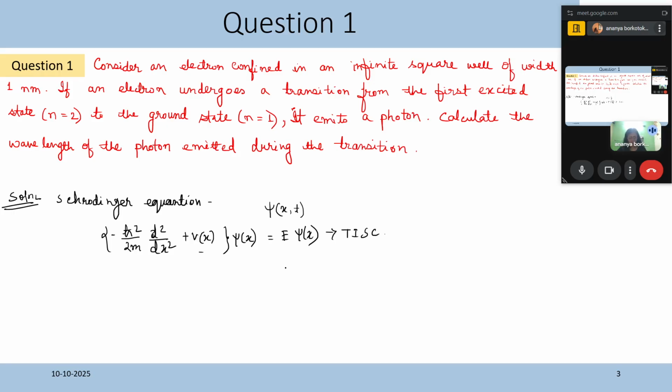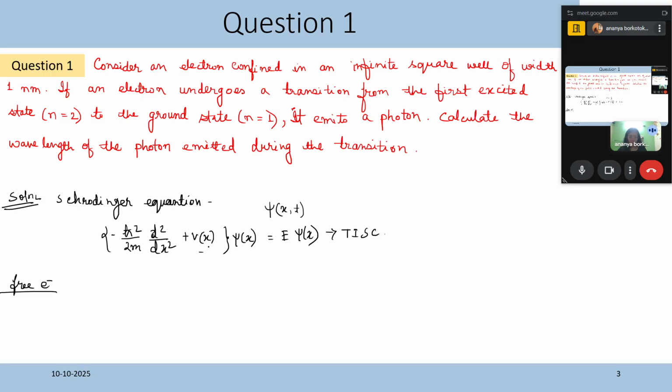Now, what is the drill? We solve this second order differential equation. We solve this equation to find the wave function, and that wave function gives information about the electron. If it is a free particle, we know that if it is a free electron,